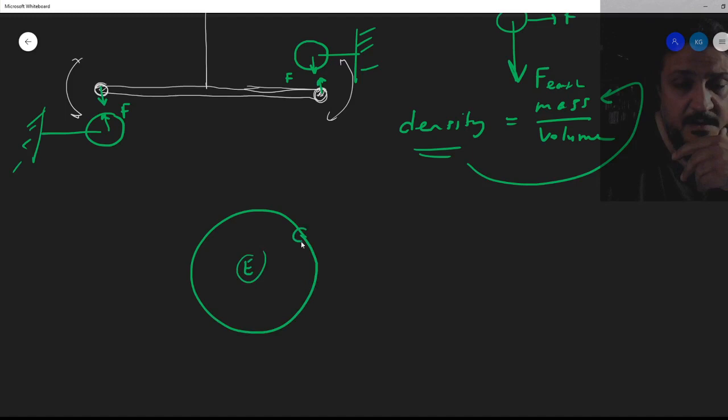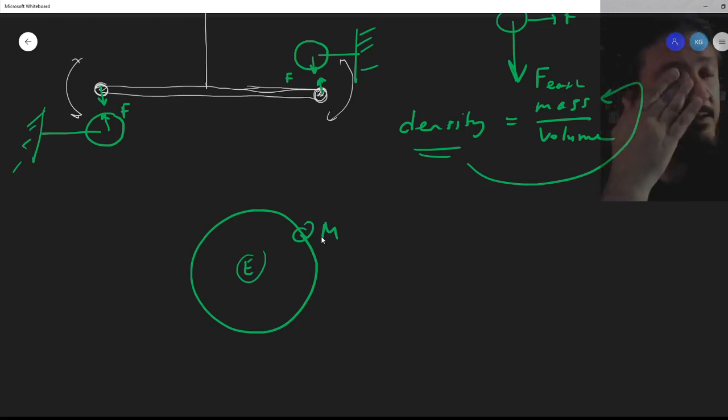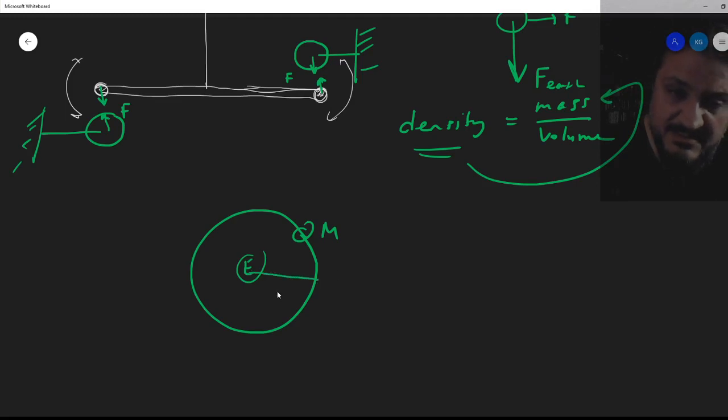Here's Earth, and here's the moon. The moon completes one cycle around the Earth in 27 days, so we know the period, the time to complete one cycle, and we know how far the moon is. Call this a little r, the Earth-Moon distance. From that time and distance, we can determine the speed of the moon around the Earth, and we know Earth and moon attract each other with that force. Using very simple Newtonian mechanics, we can calculate exactly what the mass of Earth is.